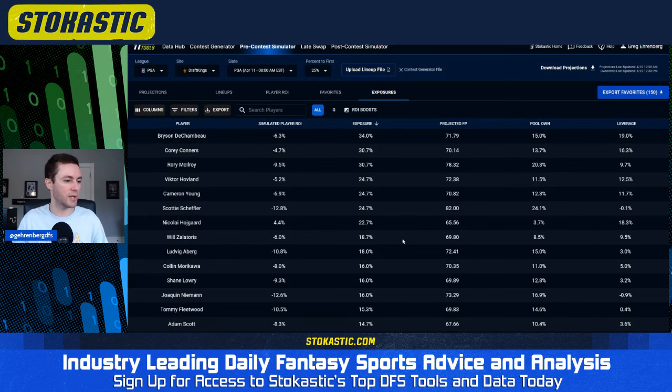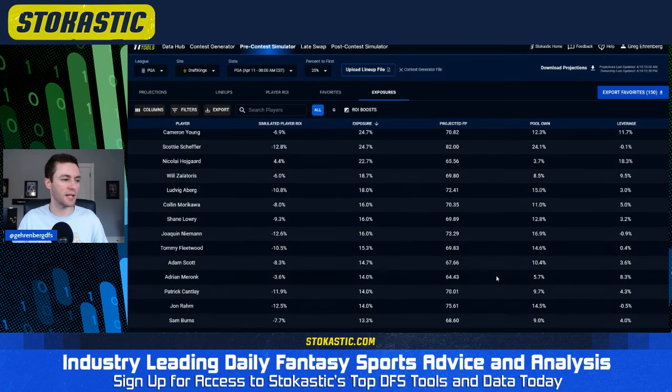And now as we keep scrolling down, is there anybody else? Yeah. Moronk projected for 6% ownership. He's in 14% of my lineups. And then Patrick Cantlay. If you guys want to pay up for a golfer and maybe differentiate from Rory McIlroy and Scotty Scheffler, I am a little bit overweight to Cantlay, getting him in 14% of lineups, and he's